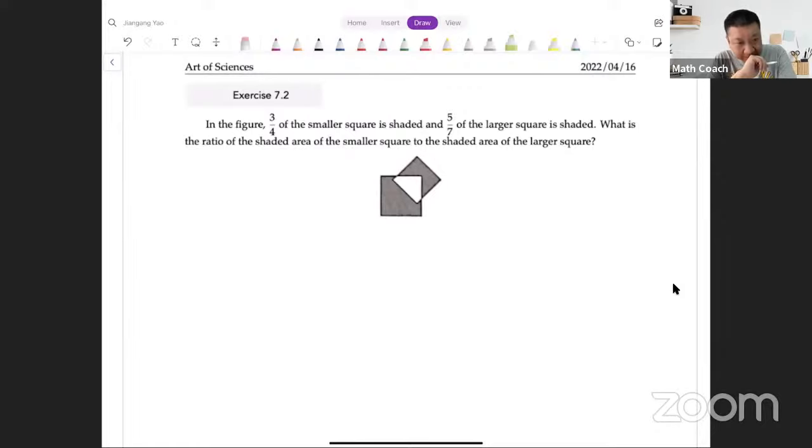62, go ahead. No, the answer is not right. Sorry. 93. You kept the answer, and that is